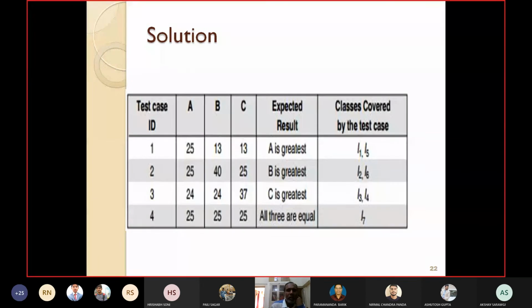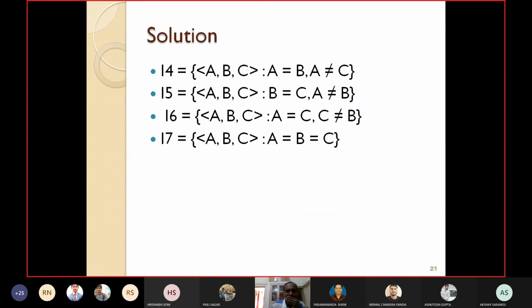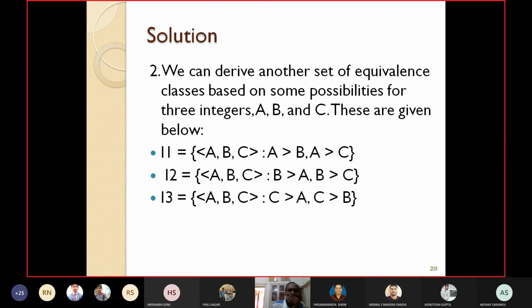If you take this classification, I will write down the test cases. Again, the test case ID, the inputs A, B, C, then the expected result, then which classes are covered by the test case. For the first one, I have taken A as 25, and B, C the same value, 13. I1 says A is greater than B and A is greater than C. Is it okay here?